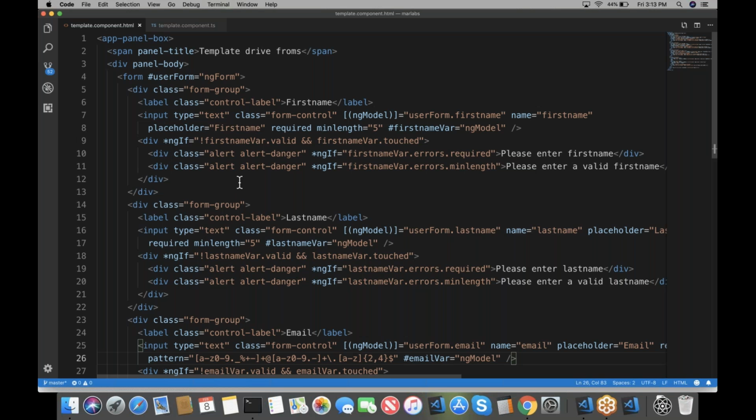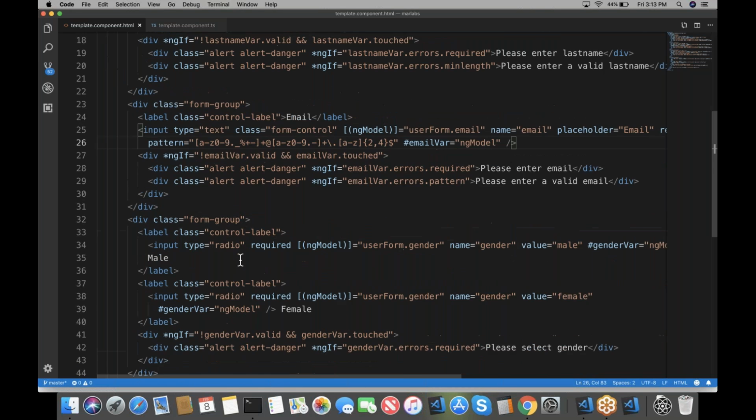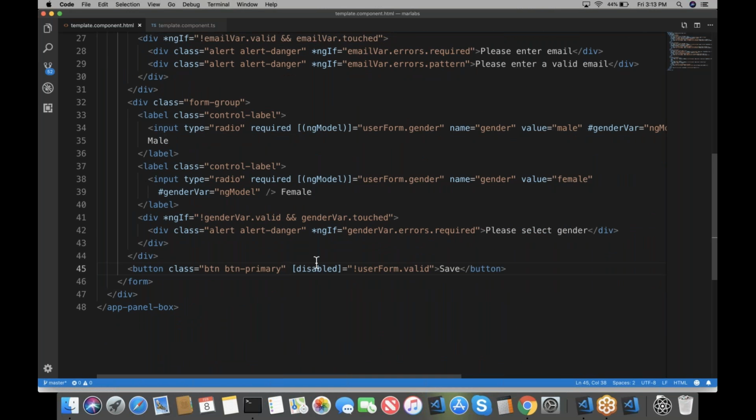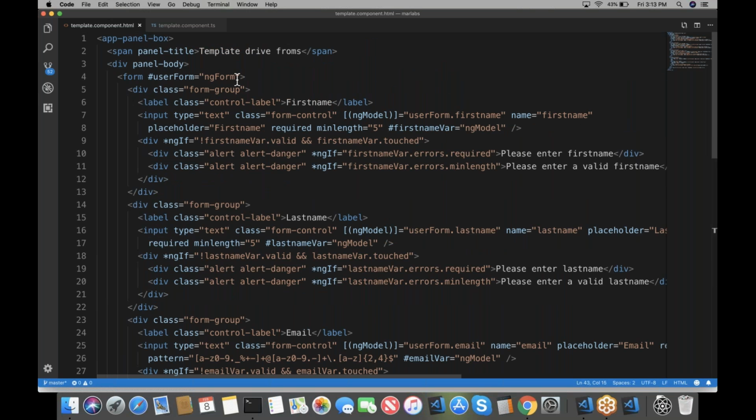So now when you click on this submit button, obviously it does not submit. I haven't given submit. So let me just give type as submit. If you give the type as submit, you don't need event binding for this button. You can directly rely on the submit event of your form. So you can directly go here and just write ngSubmit, and you can call one function right here, just saying saveUser,